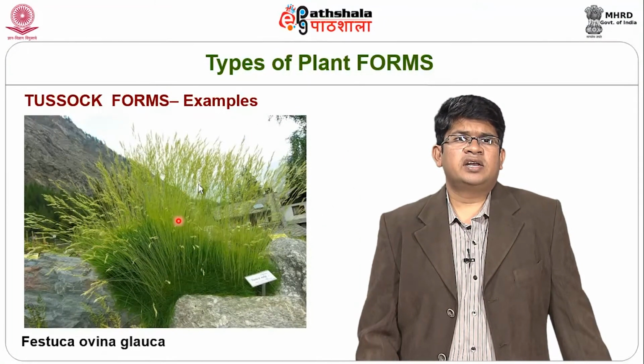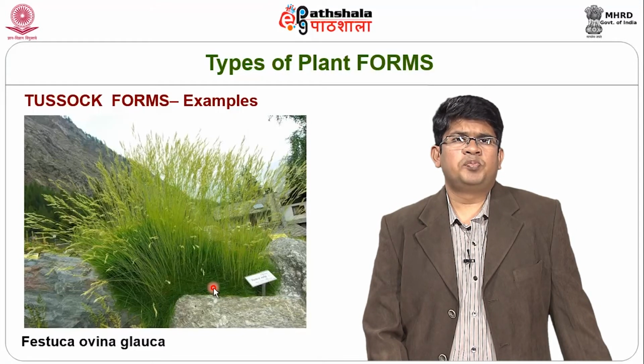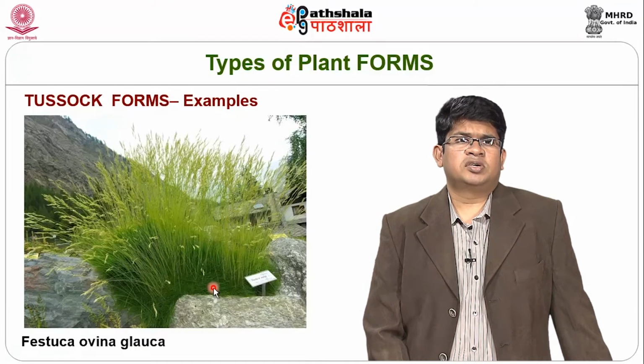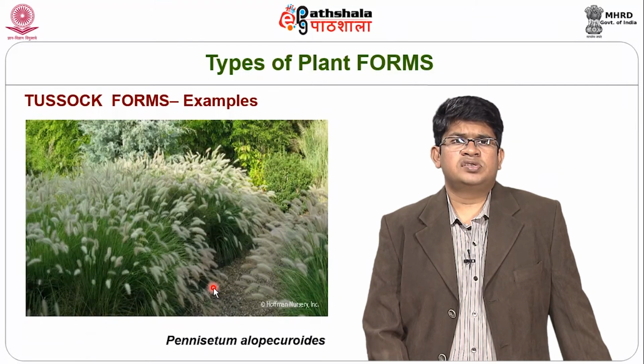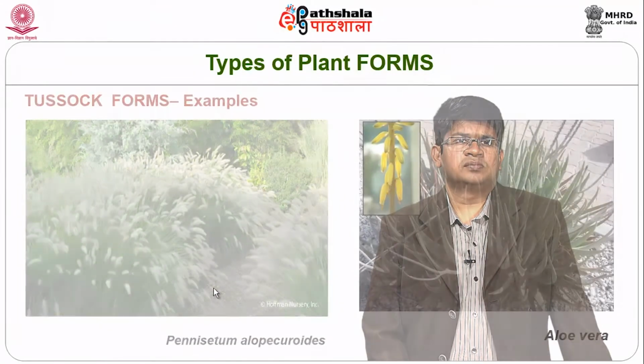So, they are very airy and very energetic in their expression, and it allows a lot of air and also gaps, and when we set it up with other groupings of plants, probably these gaps will not be expressed as much as possible. So, we can see an example here in Festuca ovina, and also another tussock form that you see, the Pennisetum species. You can see it all comes from a tight bunch from the lower level, and the form is expressed by the arching form that you can see here. So, more seen in the grass varieties that we can see here.